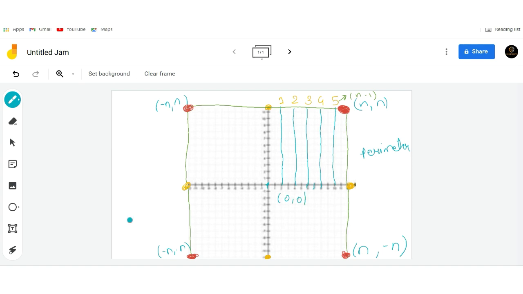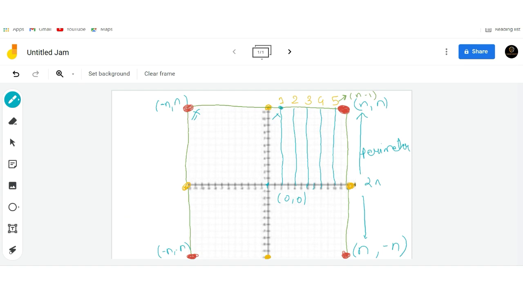So first we will try to find out how many maximum apples can be there for a square of side length 2n. Here we are having the square of side length 2n. Okay, so what we can do here is, first let's exclude the points which I have highlighted in red, and these points which are in yellow. You have to exclude the red and yellow points as of now. Now let's see about the other points.